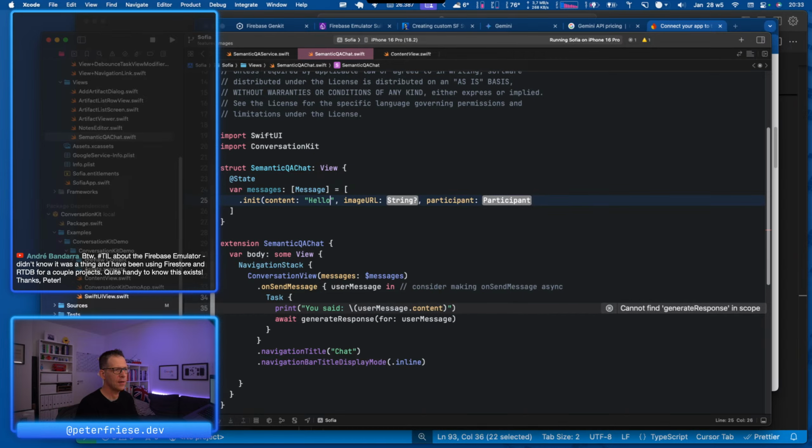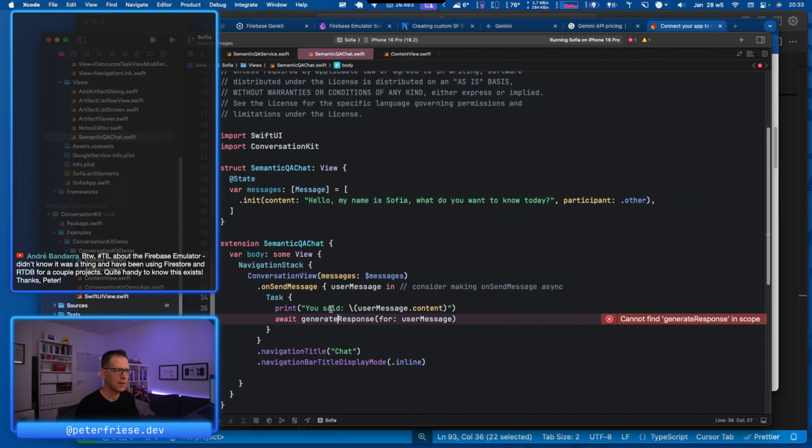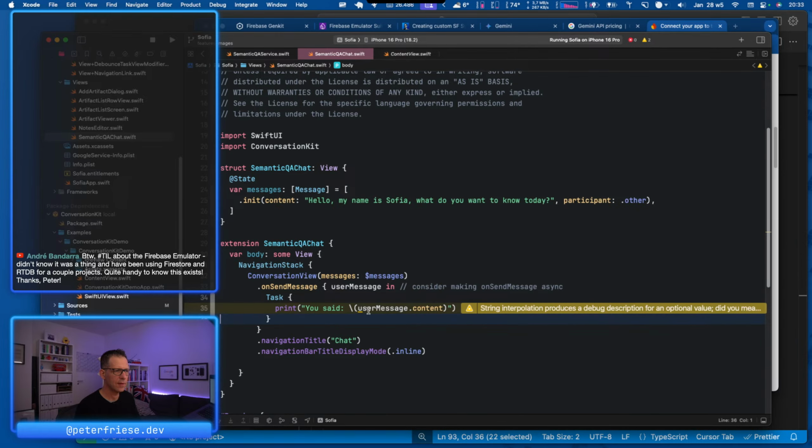Content. Hello, my name is Sophia. What do you want to know today? We don't want to use an image URL, but the participant is going to be other. And then, yeah, we can do that. And instead of using this, we need to connect to our service. Okay,